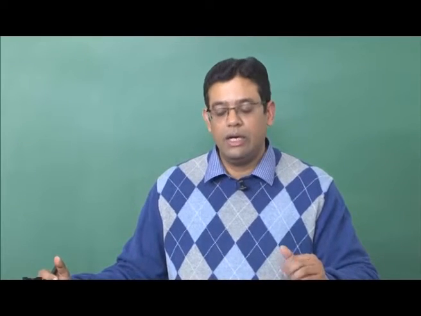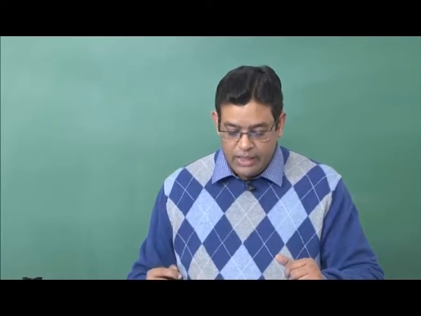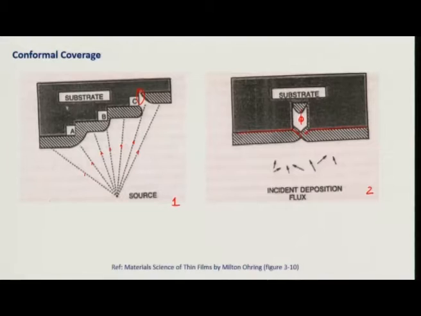One way to do this would be to rotate your substrate. If you rotate your substrate, this edge or this corner of the substrate will move in some time and come on this side, where it will get exposed to the flux, okay, that is one way. Or you can have a directional source so that all the flux goes in from this side and gets filled, and then use another directional source, okay, to fill from the other side. Okay. So, these are some practical solutions to overcome this.